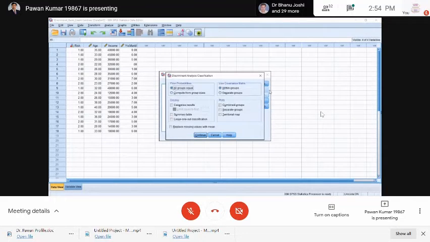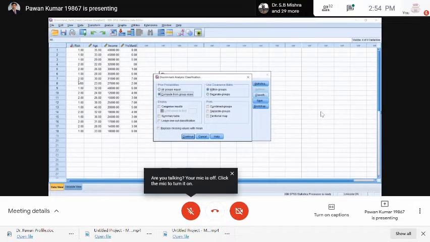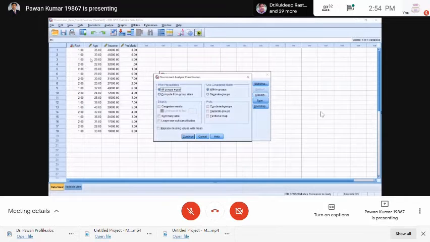Then you go to the Classify button. In the classification, you check Compute from group sizes. Group sizes means it's not that if there are 18 respondents, the system will check 9 low risk and 9 high risk. You are giving the command to compute from group sizes, whatever the group size is in the data set.